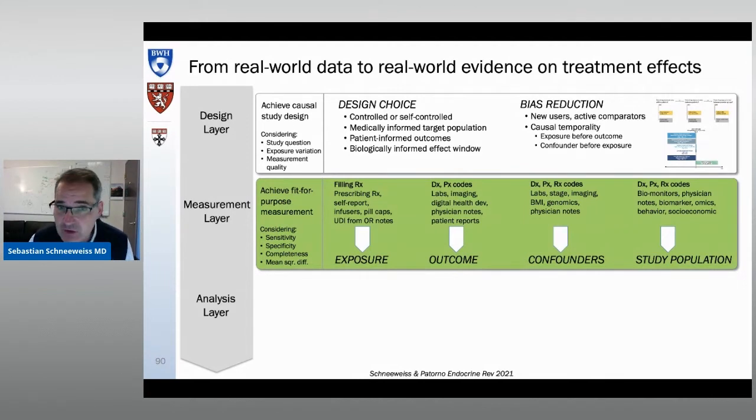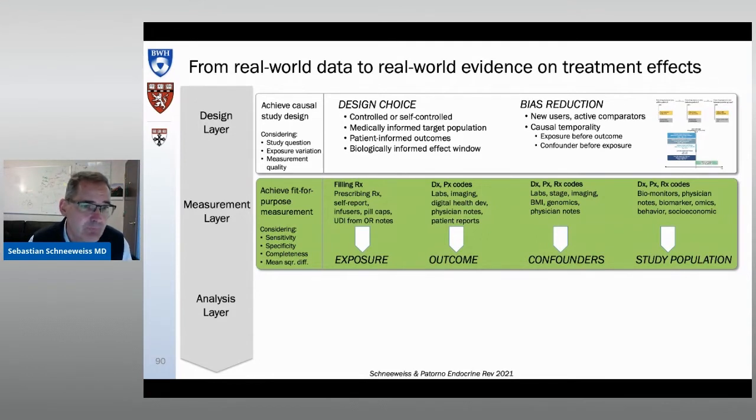We need to identify the outcome. We need to identify the outcome with certain measurement characteristics, with certain sensitivity parameters and specificity parameters. We need to identify confounding factors, pre-exposure patient characteristics, in the absence of baseline randomization in order to do statistical adjustment strategies. And of course, we need to identify the population of interest. And this can be done in the small print above these white arrows. You see examples of where information comes from. This can come from claims data with diagnosis code, procedure code, etc. These might be biomarkers. In oncology, we often need biomarkers to identify the very narrow population, and these might be other factors.